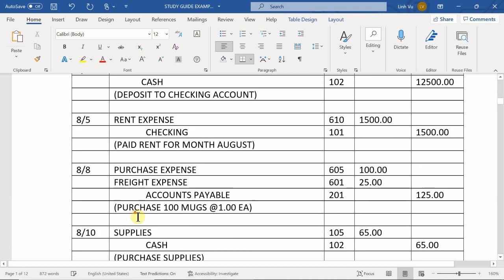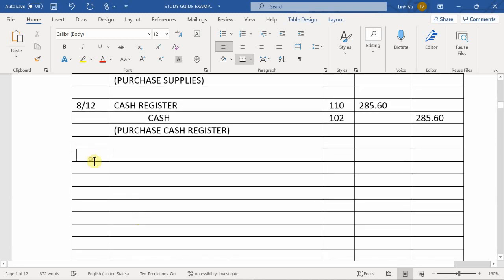Okay. So this is the 16. And cash. Sales and cash. What else? And we have the sales tax. Yes, actually, we do have sales tax. So that is, we have